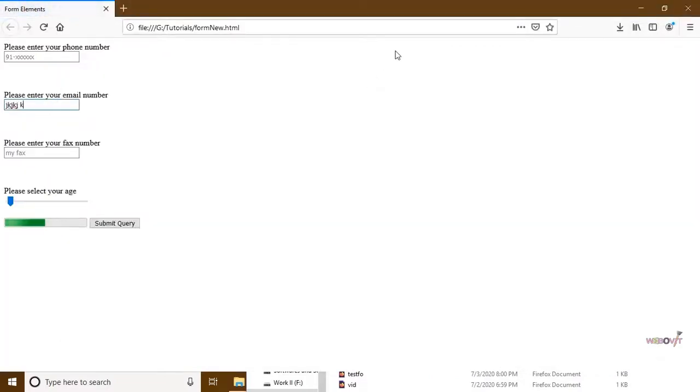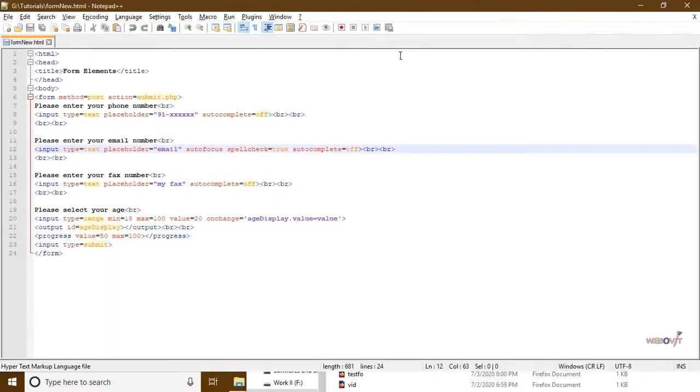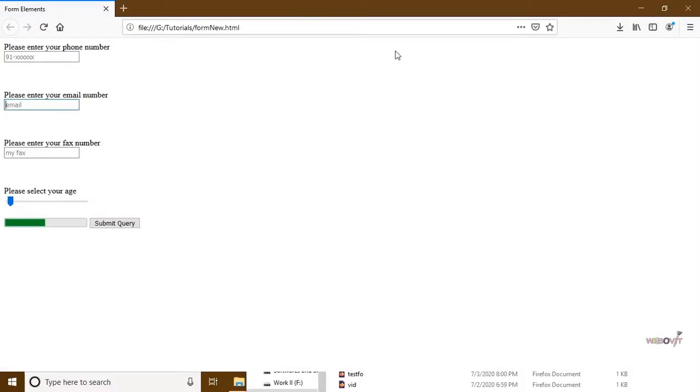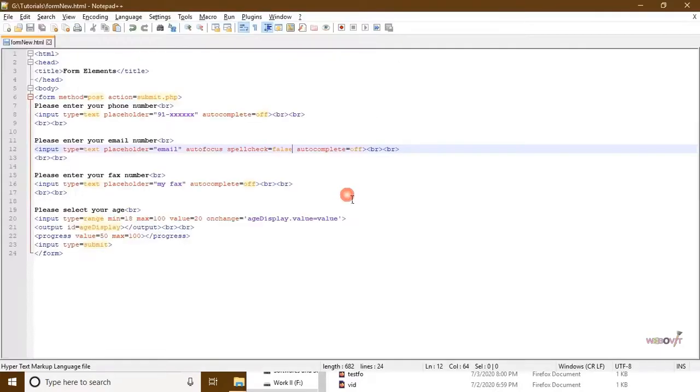then whenever you are typing, see, a red mark is coming at the bottom, so it will check whether the user is inputting the data with proper, correct spelling or not. And if you make it false, then no spell check will be done. In a few browsers the default is true, in a few browsers the default is false, so according to your need you could do whatever you want. Now there is no spell check. Okay, now submit query. I will bring this one a little bit down.